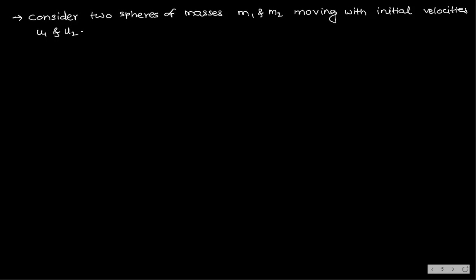Now see the next line. What should I write? They undergo one-dimensional elastic collision. Second line, you divide your answer into small lines, so that it will be very easy while writing, and no one will cut even a single mark. So always divide the big paragraph into small sentences, the way you will understand.